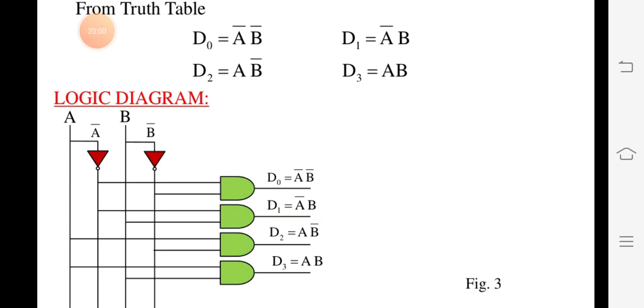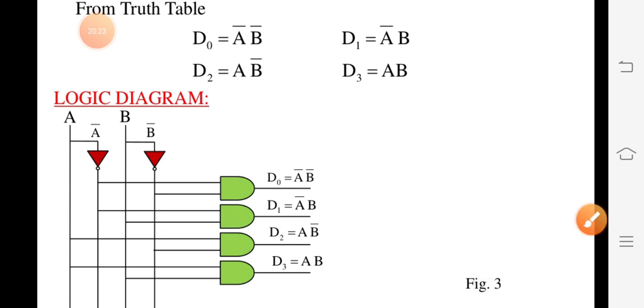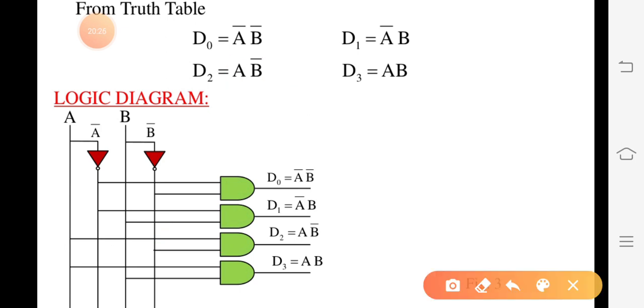Now for the next combination, A B bar means 1 0. So uncomplemented value for A, complemented for B. So for A you will simply pass the third one, this, and for B we have to take the complemented, so for complemented you will take the second line, for B the second line, this one. Now for the next, A B means 1 1, that means uncomplemented values for both A and B. So you will attach it here for A and for B.